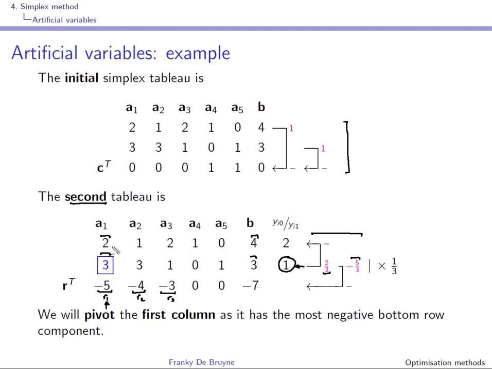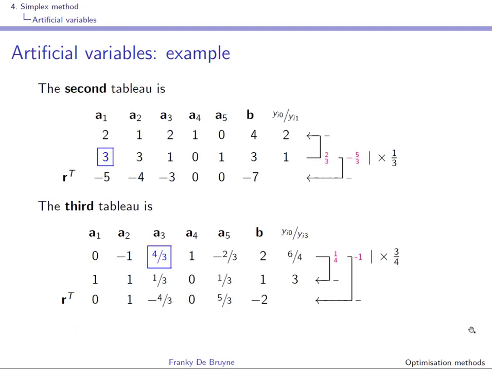So what you do is this first equation, or first row, minus 2/3 times the second row. And of course you want a pivot of 1 over here, so you'll have to multiply this second row by a third. Well, if you do the calculations and you perform these elementary operations on the tableau, you obtain the third tableau,